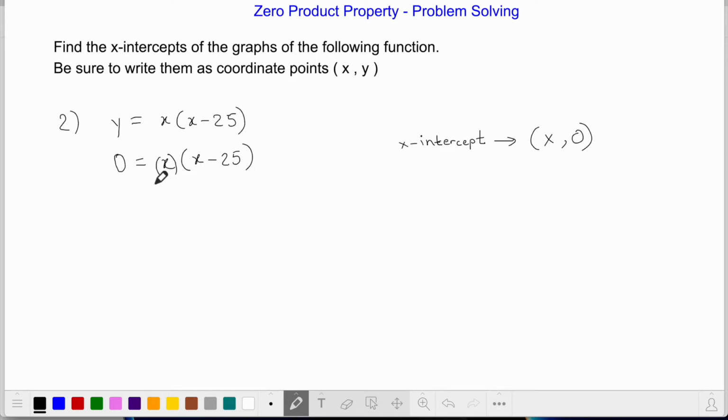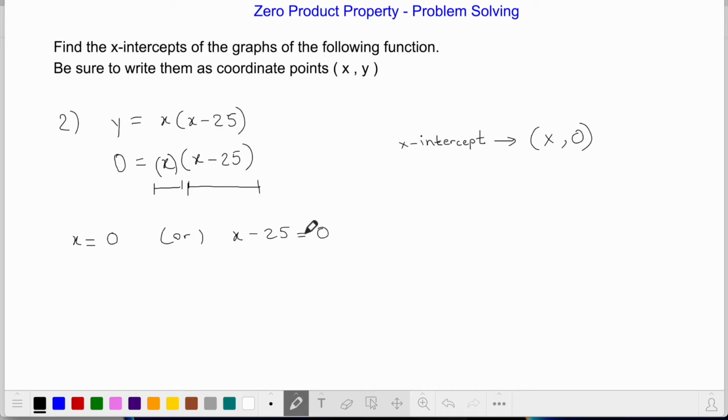Either the first term, x, has to be 0, or the second term has to be 0 in order to satisfy the equation. So let's solve it separately: x is equal to 0 or x minus 25 is